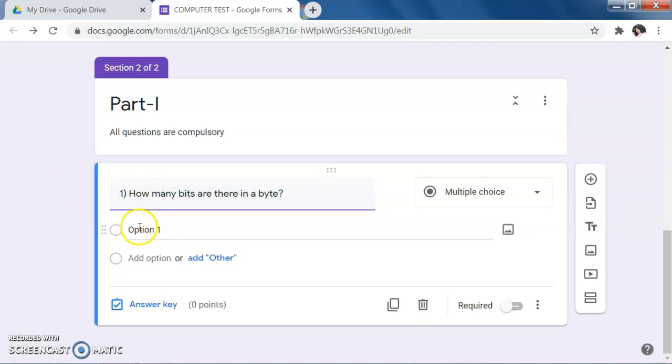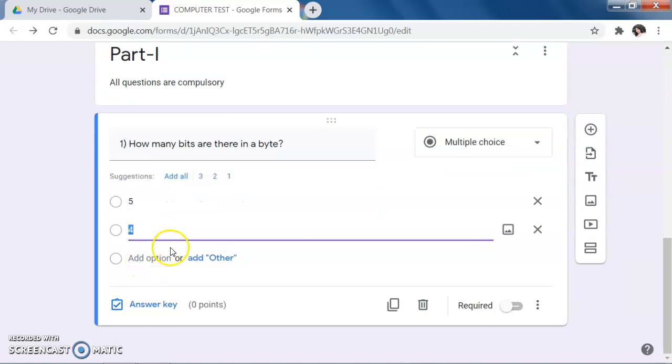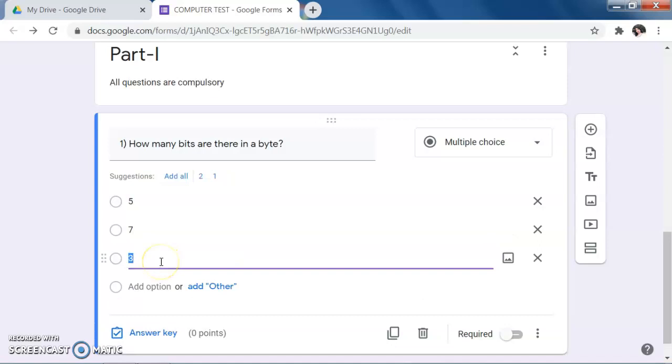So here in the options you just write down the answer. Actually in one byte we have 8 bits. So you can give different options over here. Suppose here 7, then 8 also. Here you click, just not add other, not here. You just click in the middle of this.